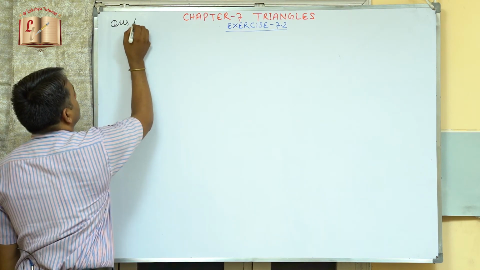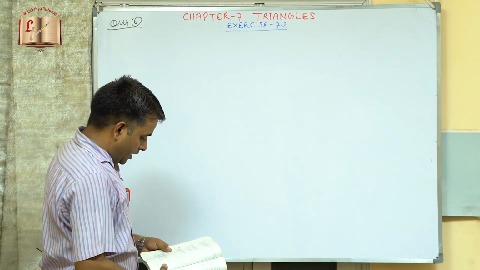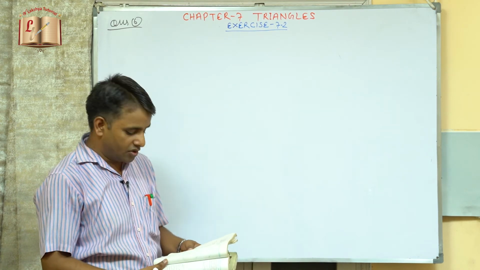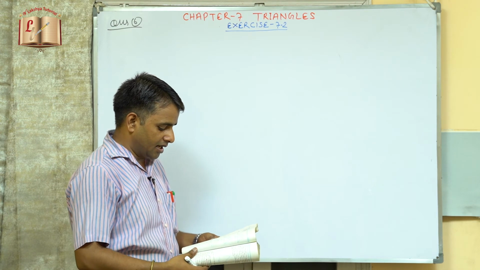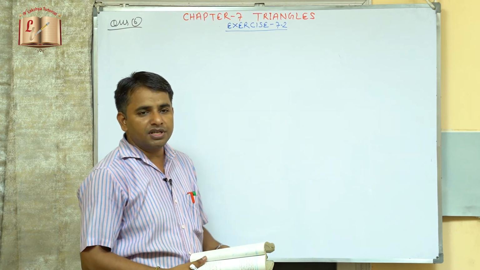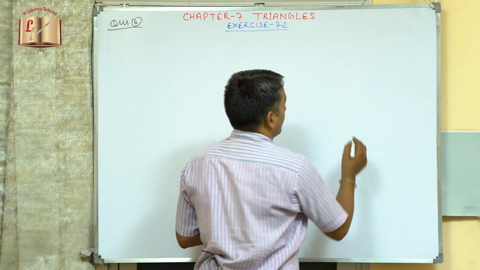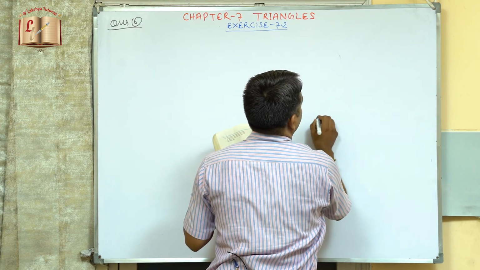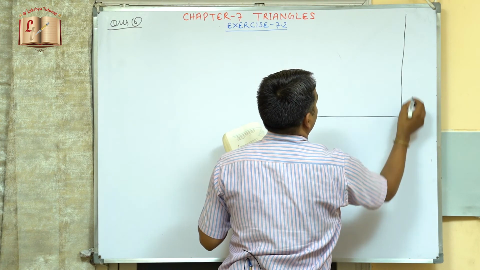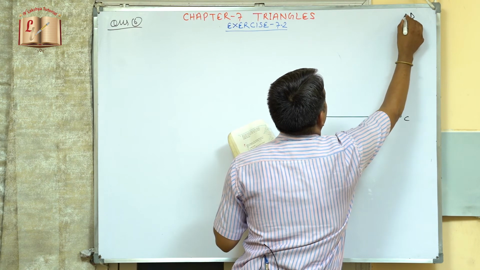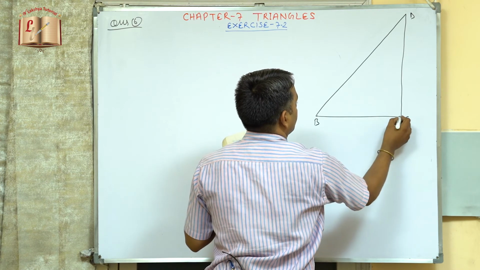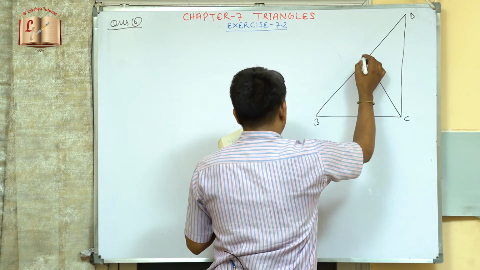Now coming to question number 6th. Triangle ABC is an isosceles triangle in which AB is equal to AC and the side BA is produced to point D such that AD is equal to AB in figure 7.34. Now we need to prove that angle BCD is a right angle. So this is the figure given to us. This is point C and this point is D, and from here this is joined to point B, and from C this is joined to point A.